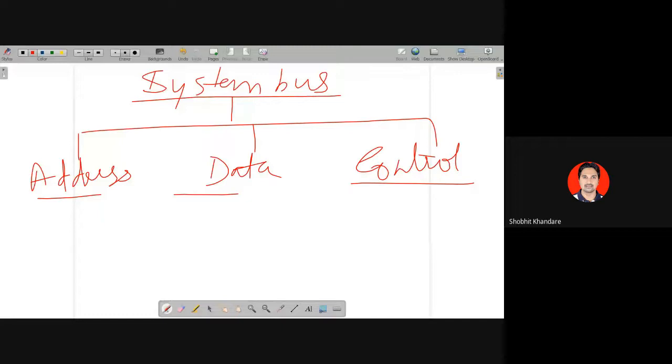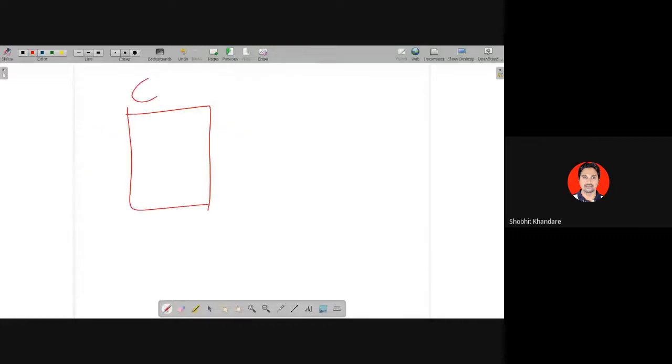Whenever you talk about accessing memory, मैंने आपको बताया था कि your central processing unit, your CPU, if it wants to access your ROM or your RAM,